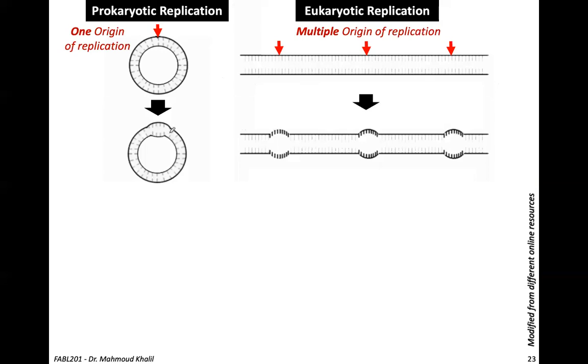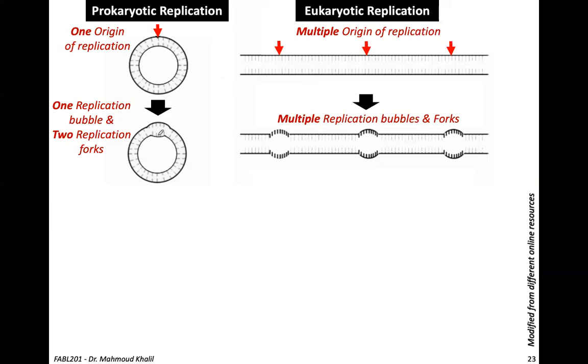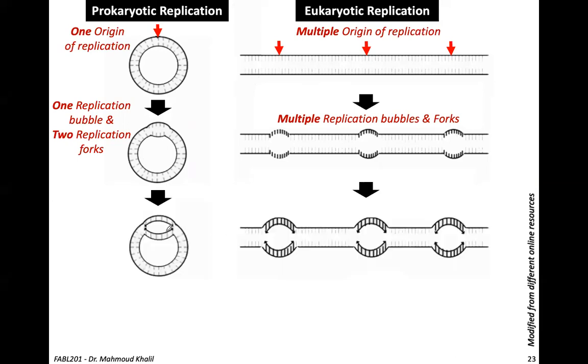You can see the replication bubble arise, one replication bubble and two replication forks. But here you can see multiple replication bubbles and forks as well. The replication starts bidirectionally in both cases. This bidirectional replication is basically the same type of replication, but the only difference is in the number of origins of replication, the number of replication bubbles, and the number of replication forks. فهمنا الديفرنس يا جماعه بالنسبة للريبليكيشن اوريجين والفورك والبابل ما بين الاثنين؟